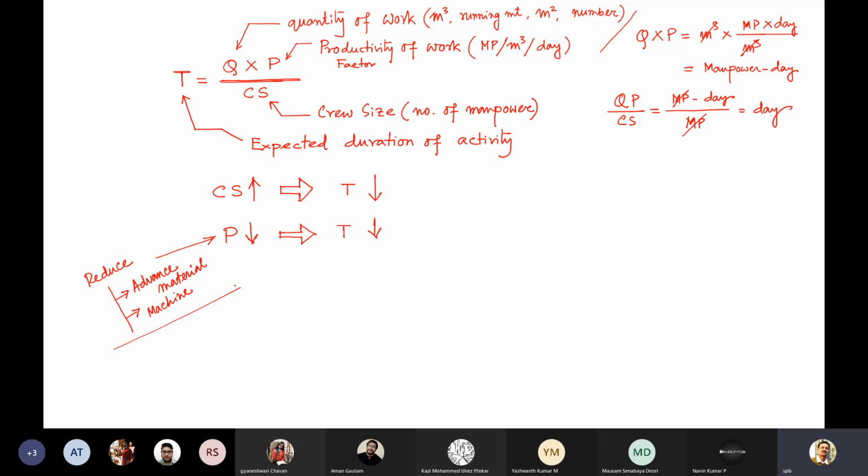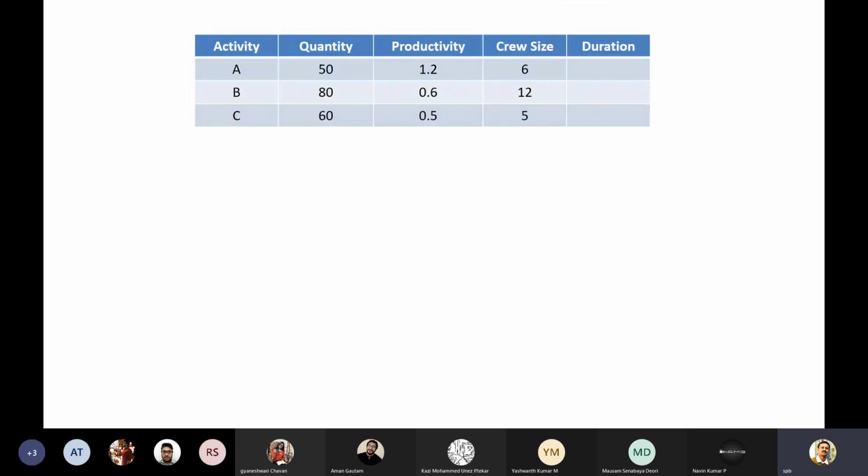So based on this, let us go to the next one. Here I have given you a chart where there are 3 similar activities, A, B, C. The quantities are given as 50, 80 and 60, and these are serial activities. Suppose the number of units is 5. Similar problem. Let me see how it is actually going to happen. Number of units is 5, and this is a serial activity A.